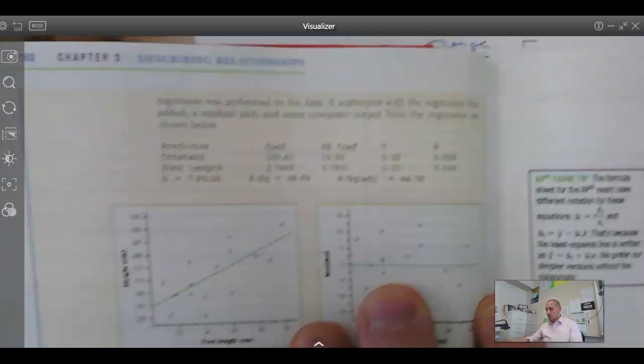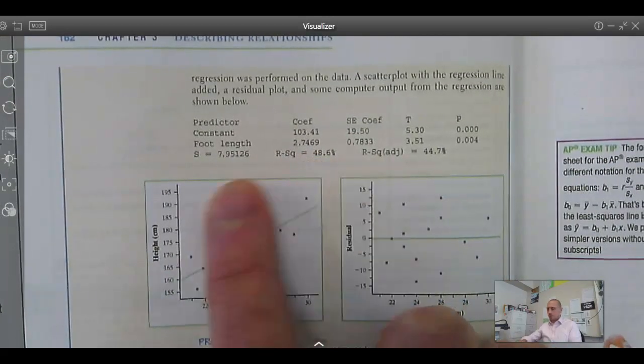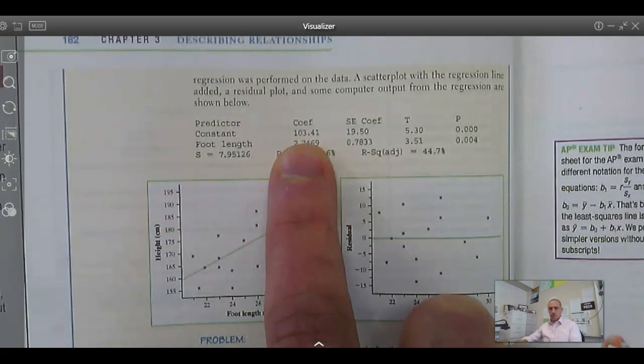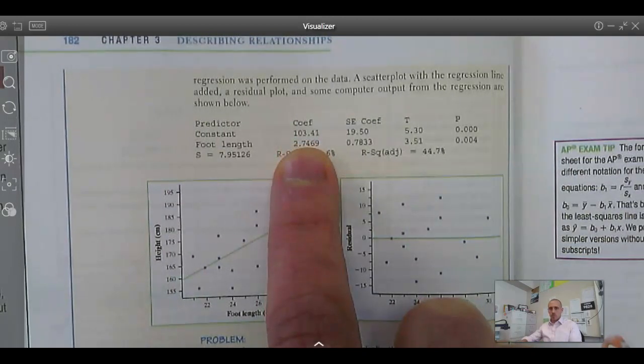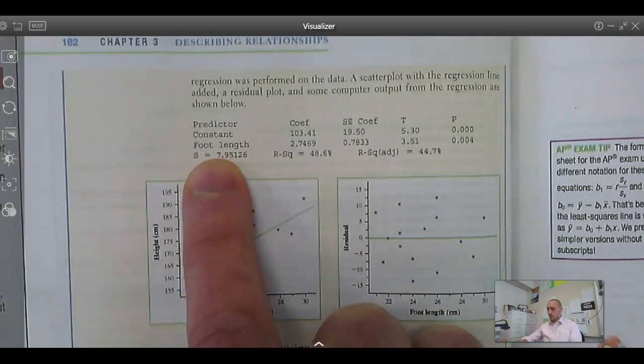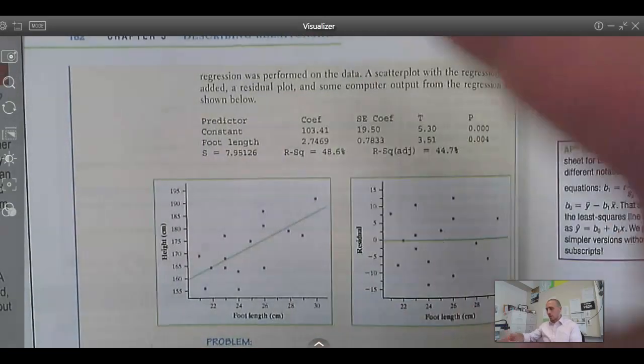So something like this, here's a computer output. There's r squared, there's s. That's your y-intercept, the 103. There's your slope, 2.74. That's your explanatory variable, foot length, and somewhere in the problem they would have had to tell me